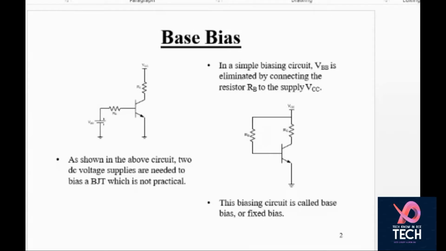The base resistance to the VCC, we just alter the value of the base resistance so that you get a particular value of base current here. Because the main function of putting this resistance here is to give a particular base current so that you are getting your system into a particular Q point. Okay, is this point clear to all of you? Why are we putting this base resistance here?